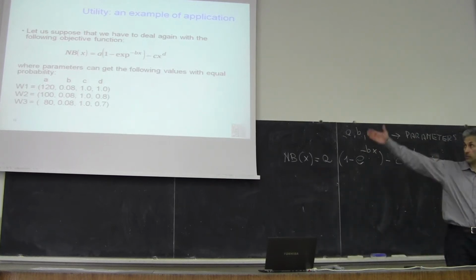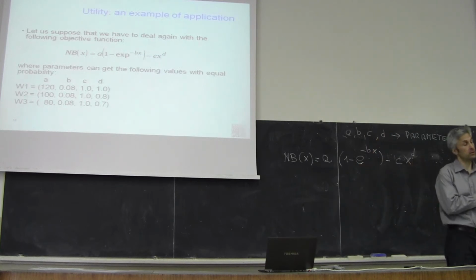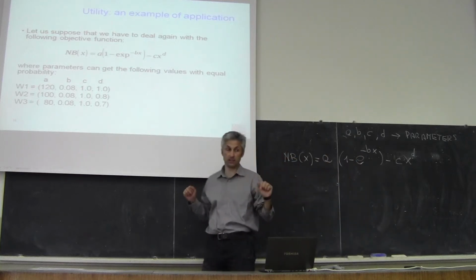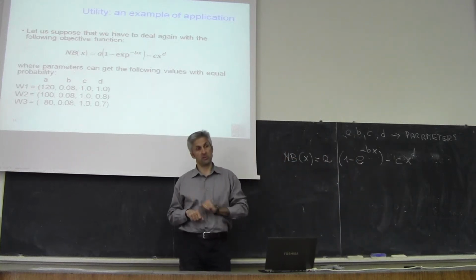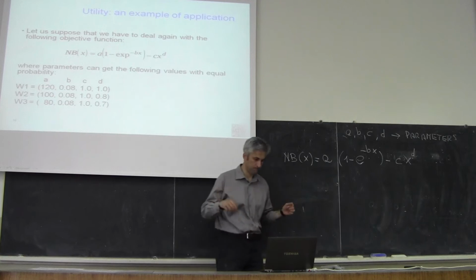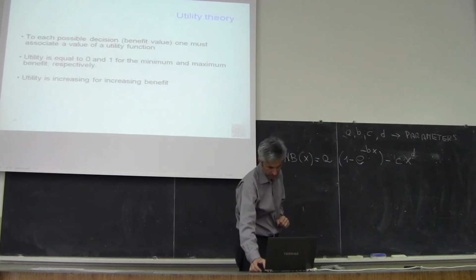You know that one of these parameter vectors will occur, but you don't know which one. You just know that they may occur with equal probability. So the question is, again, what is the optimal allocation? What is the optimum x value that you will choose? Okay, let's try to answer this